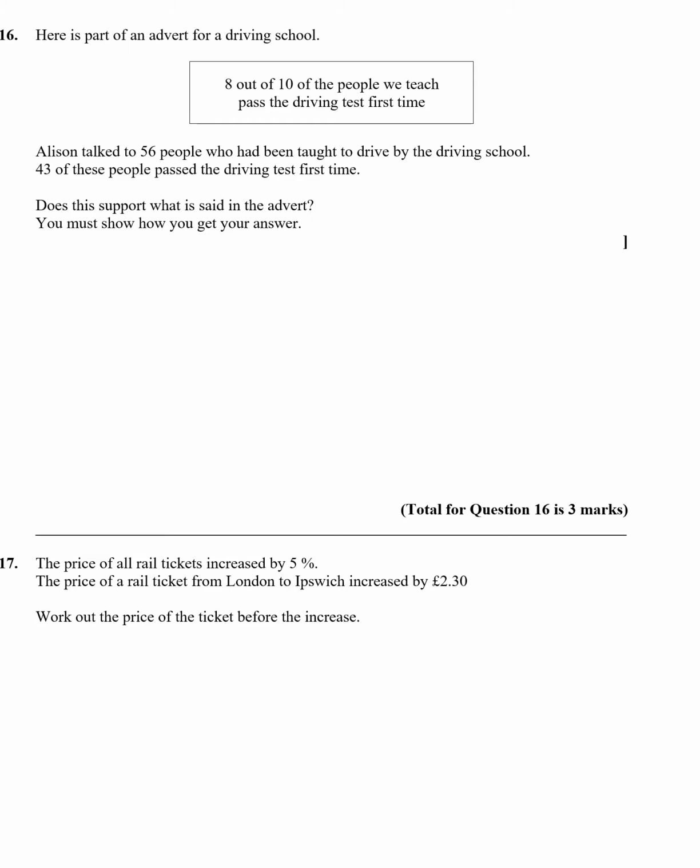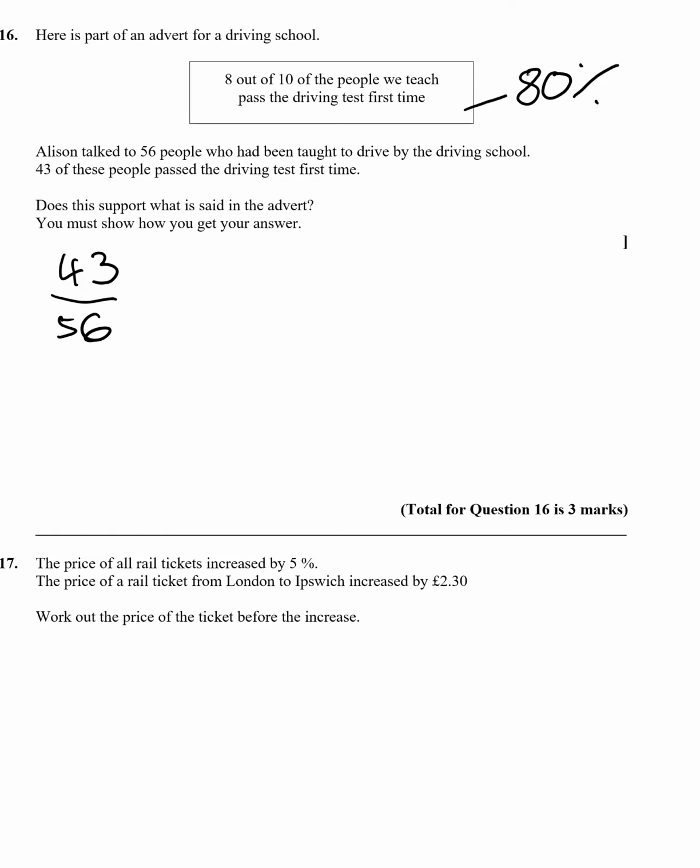Now what we can do is put them as percentages, because 8 out of 10 is 80%. We can do 8 over 10 or 80 over 100. That's easy. Right, so Alison had 43 out of 56 people passed. Now if we did 43 divided by 56, that would give us a decimal, so then we would have to times it by 100. So 43 divided by 56 times 100 gives us